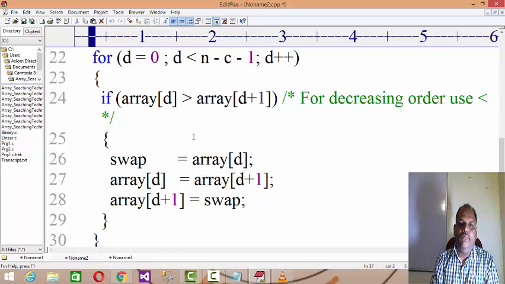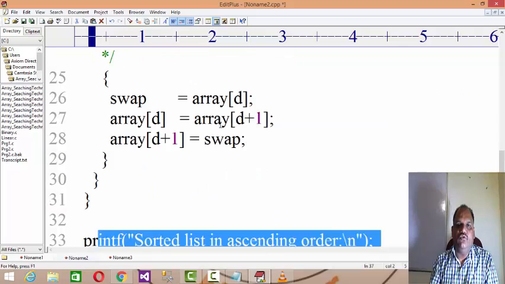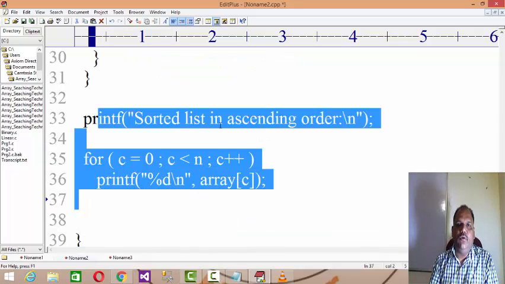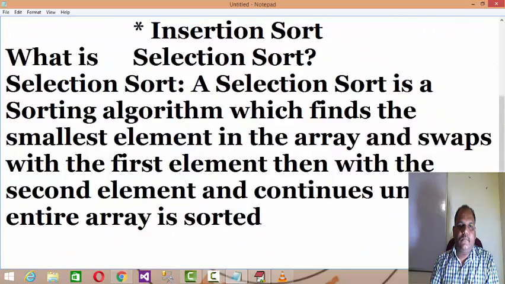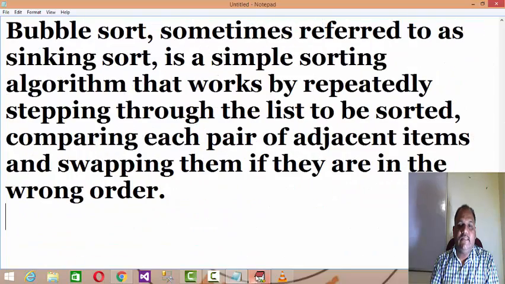So I'm going to explain to you what sorting actually means, and what the types of sorting are: selection sort, bubble sort. In bubble sort, either the bubble comes from the bottom to top, or the heaviest element you put at the bottom. In both ways a bubble sort will be applied over here, or you can write your own code to implement these algorithms. Every time the lowest element needs to be popped up, start from the bottom. This is how the bubble sort will work over there, right? Hope that after implementation you understand that the array will be sorted using the bubble sort. Let us go for the next sorting algorithm, and that is insertion sort.